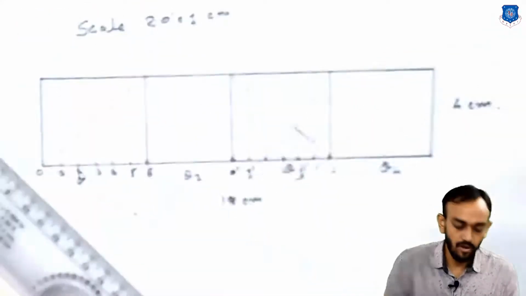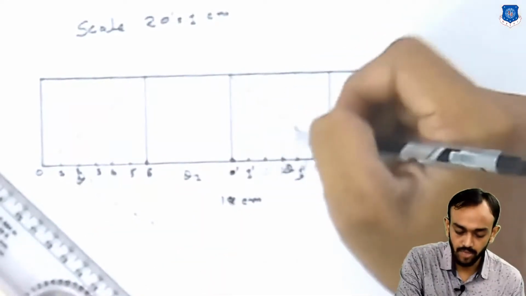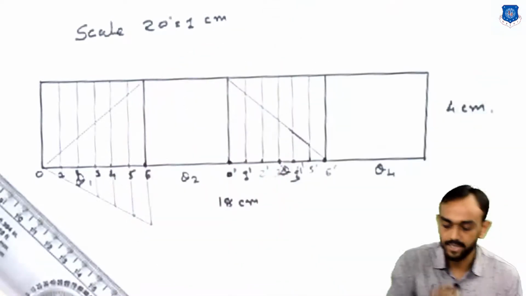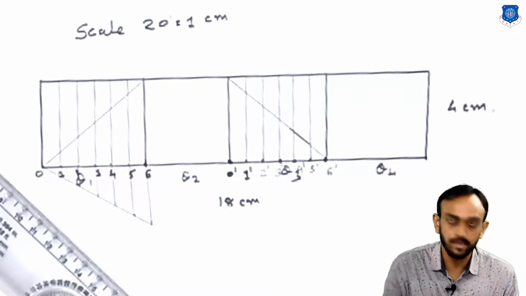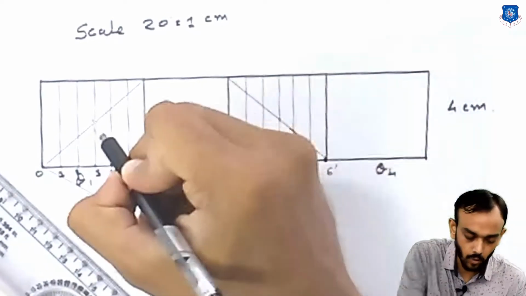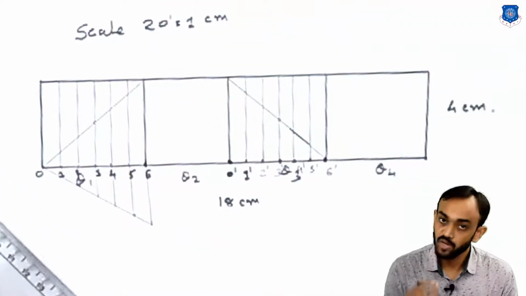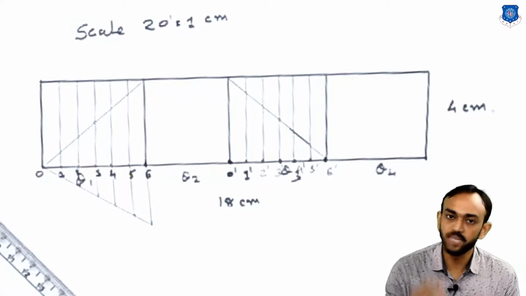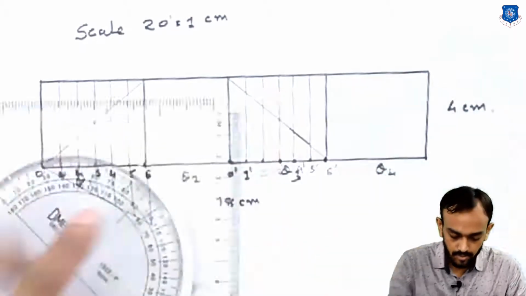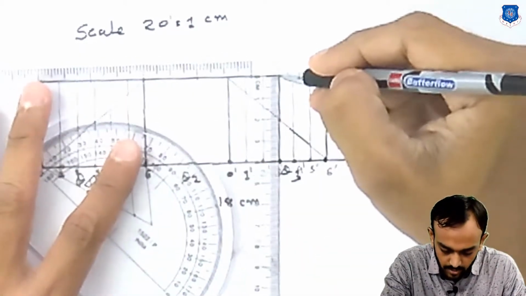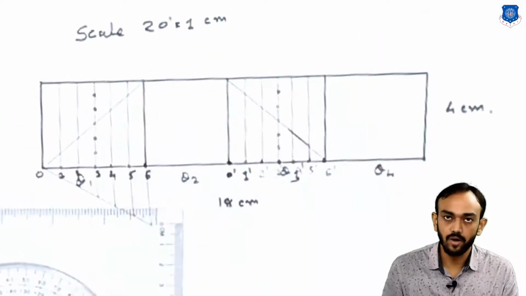6 parts of this middle line, 3 and 3 dash, 6 partitions will be here of these 3 and 3 dash. Total height is 40 mm, so we have to divide this into 6 parts, and we already get the midpoint here. So 3 parts will be on the upper side and 3 parts on the lower side. 40 mm divided by 6, you will get 6.6. So be careful here because it is 6.6 something. Now you can see the partition of the center line.